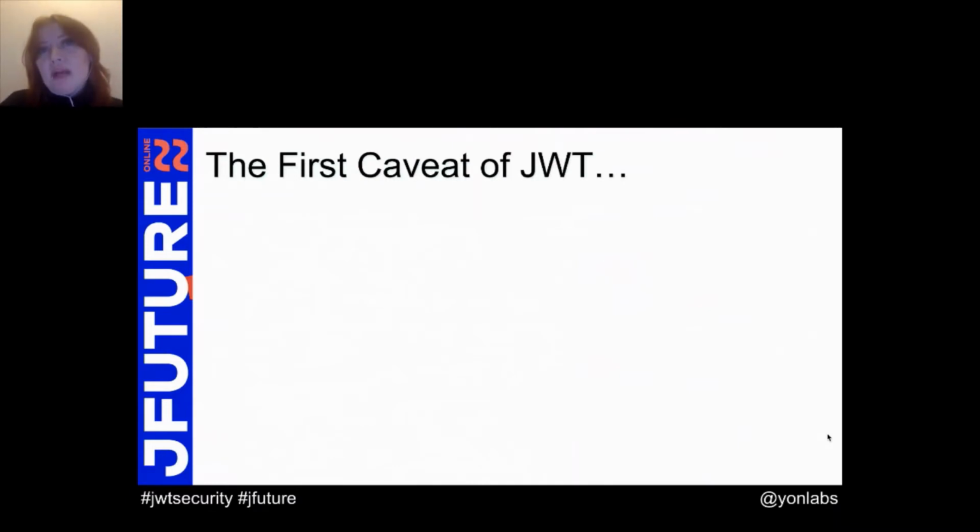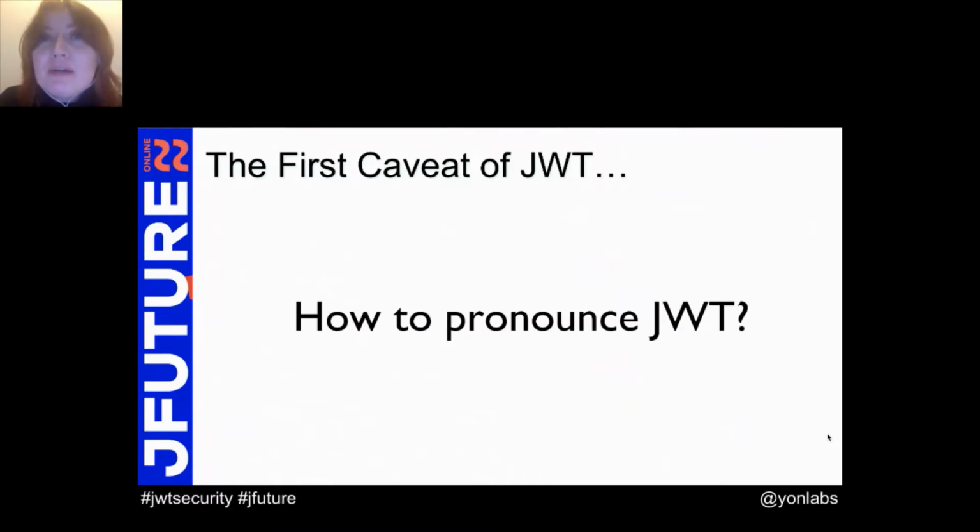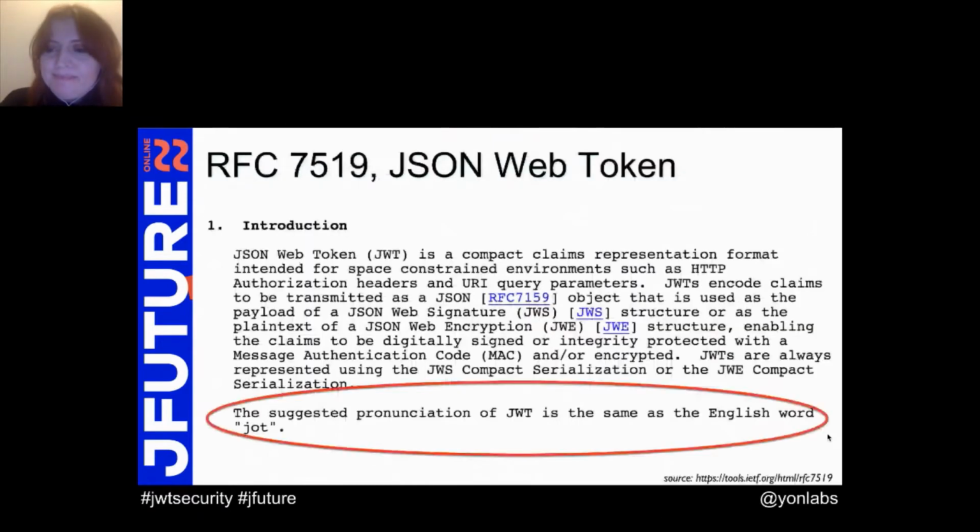There are a number of caveats which concern JSON Web Tokens, and we'll start with the first difficult thing, which is how do we actually pronounce it? And it turns out it's not a piece of cake. As a native Polish speaker, I pronounce it as JWT. In English, I usually hear the pronunciation as JWT, but the RFC suggests the same pronunciation as the English word